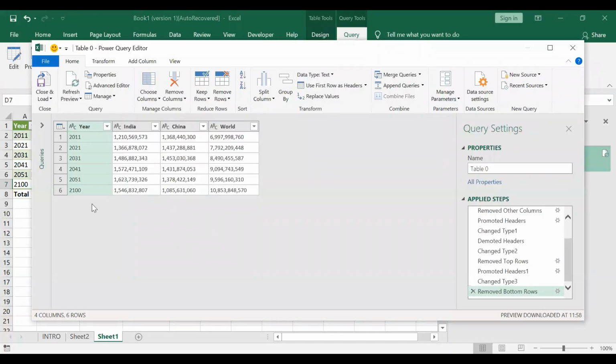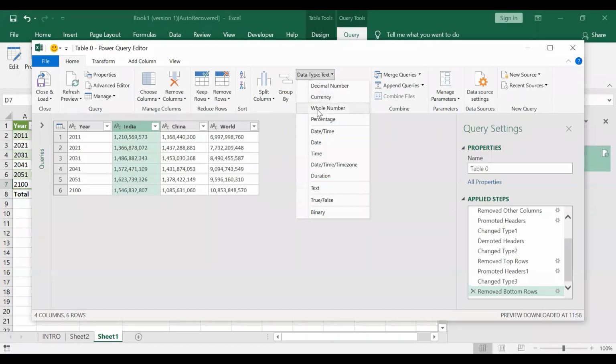So you see the Power Query Editor has reopened in front of us. Now to change the data type of the data which has been extracted, first I'll simply select the column in which I want to change the data type. After selecting the column, we'll go to the data type option which is over here, and we'll change the data type to whole number.